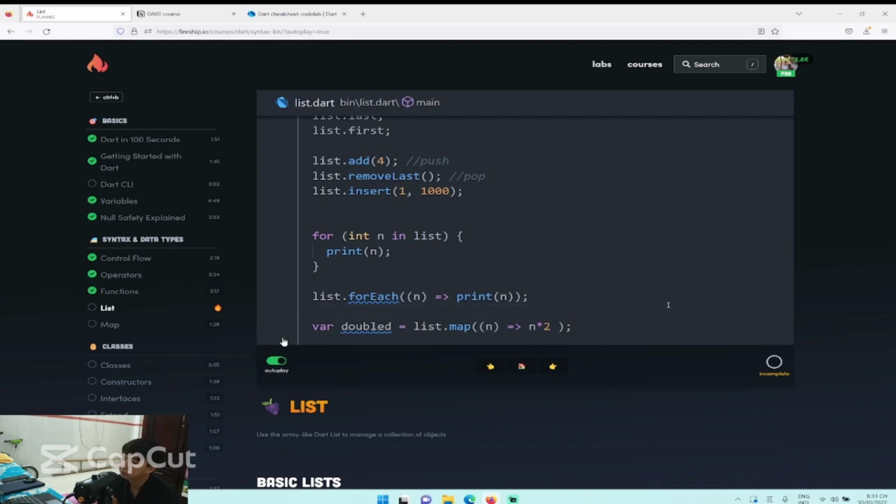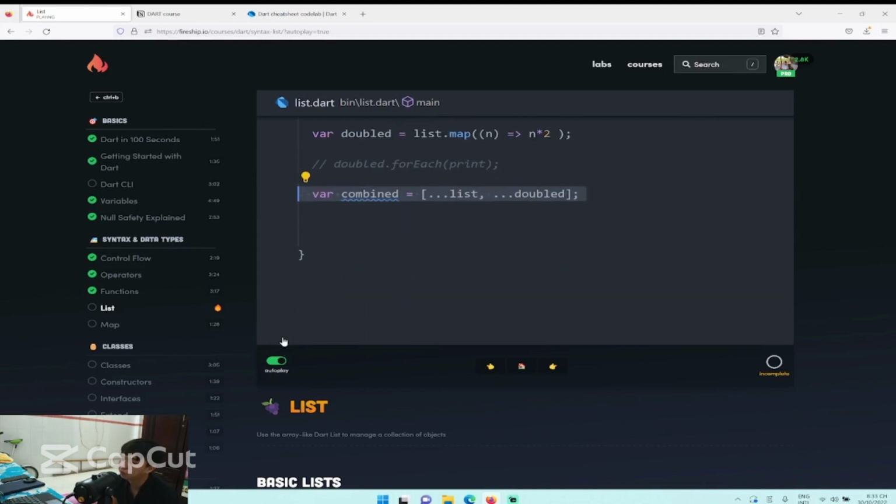And speaking of Flutter, another useful thing to know is how to combine multiple lists together. Dart supports the spread syntax, allowing you to compose a new list from one or more existing lists. Use brackets to create the new list, and then use a triple period to merge or concatenate the old list